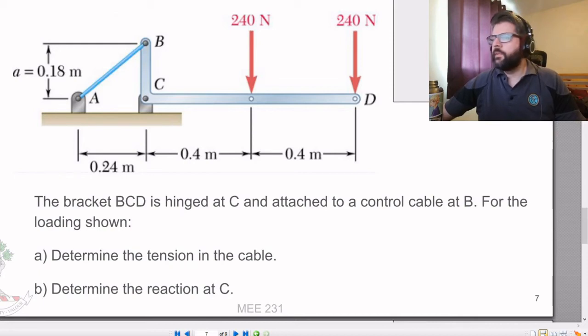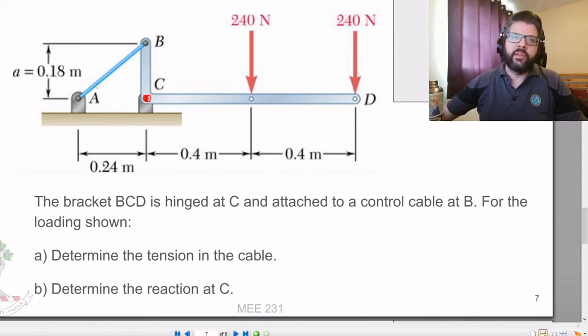Alright, so let's also do a couple more 2D problems. So here we've got this L-shaped bracket. It's got two weights supported here, and everything here is going to be supported. It's got a hinge here at C, so it allows rotation, and what we call a control cable from A to